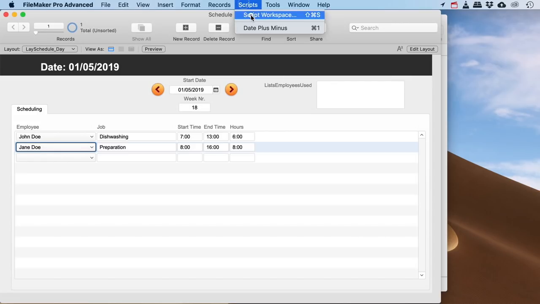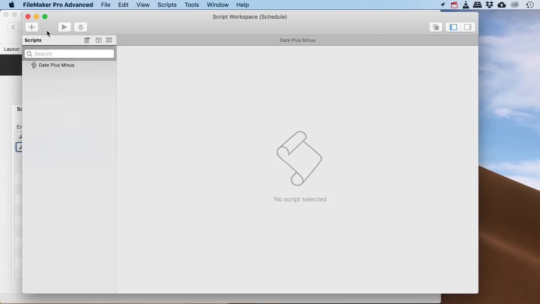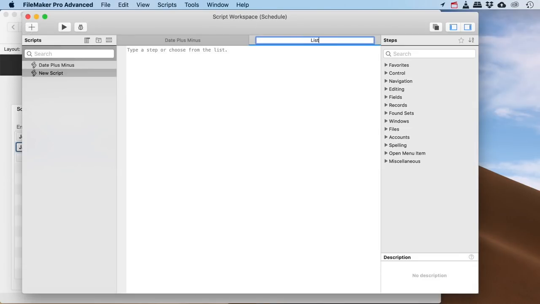I do have to make my script first, so let's go there. Let's do list used employees for dwindling value list. Okay, that's way too long. Let's not do that. List used employees. If I want to type in any comments, I can just put a hashtag here and then explain what this does: list employees that have already been scheduled